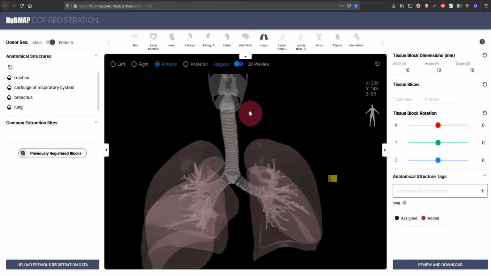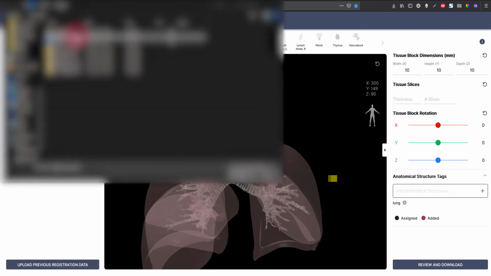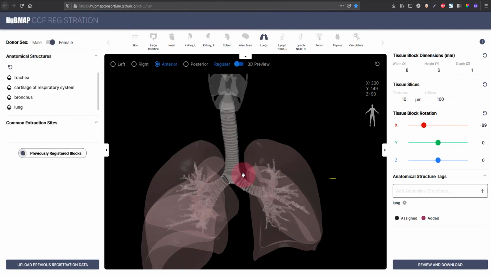Now let's say that I want to recreate the registration that I just did. You can go to this blue Upload Previous Registration Data button. Then you select your registration data, and you can see that everything is being reset just like it was before. We can see our little tissue block automatically resized, rotated, and put into place here inside the lung.